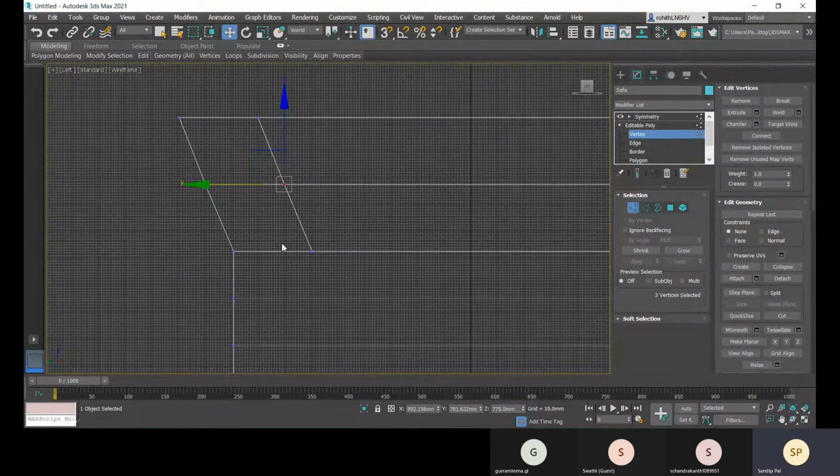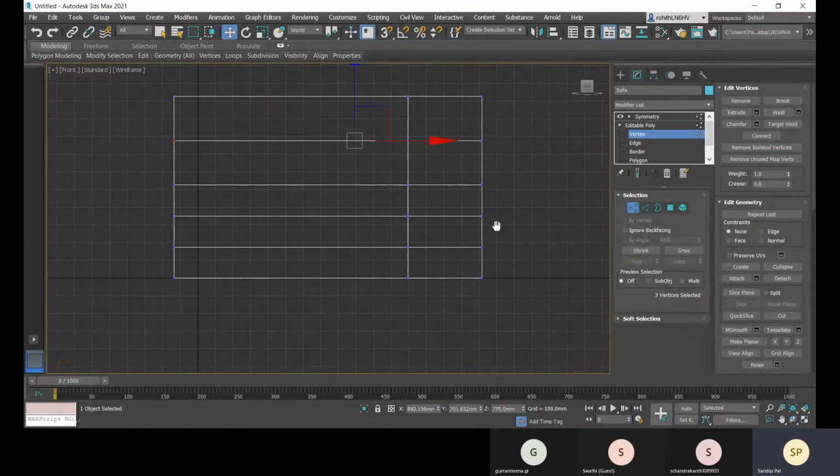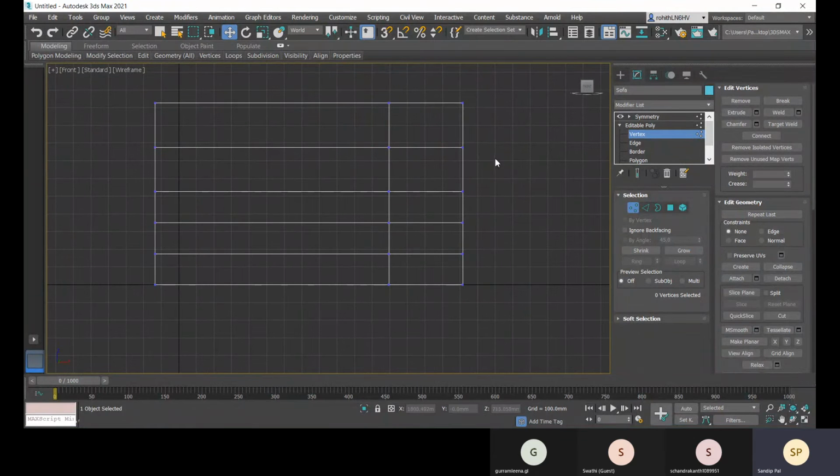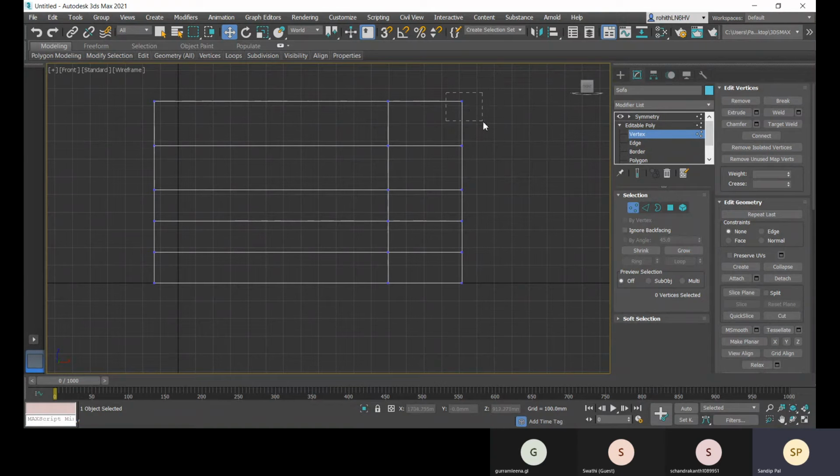All right. Now let me come to the front view there, and I have this part, and now let me just edit it like this.